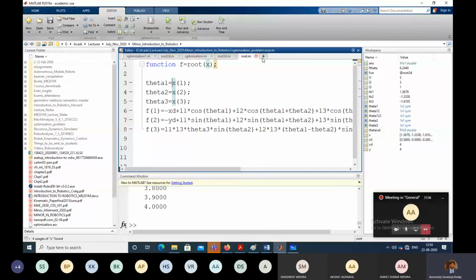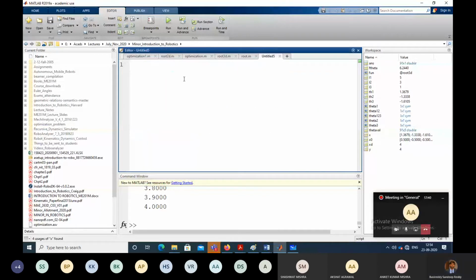Then what you can do is just click this plus sign. You will open a new script, right? And now you can write this. Now what is given to us is the value of link length and the value of x and y. So I'm just choosing randomly right now.